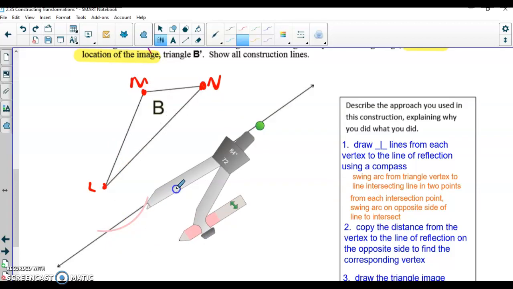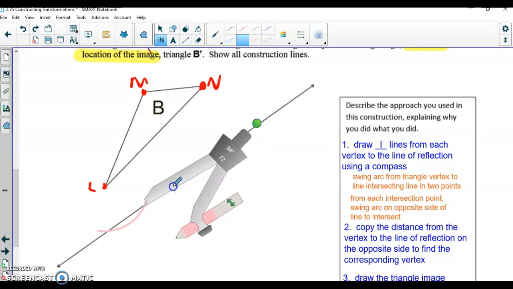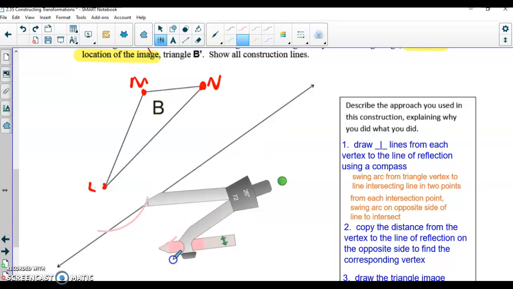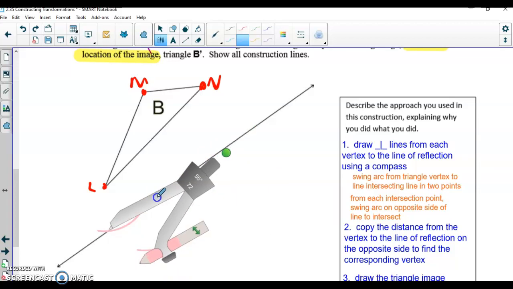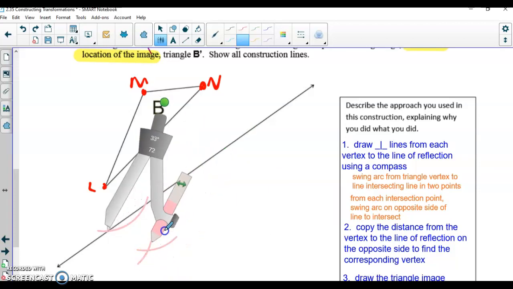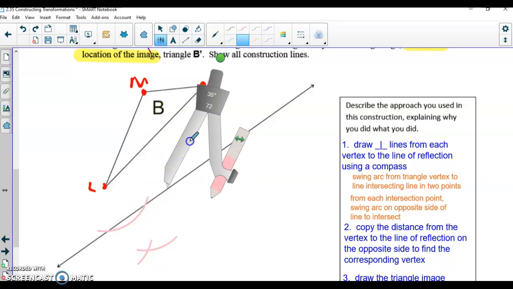I'm going to go from the point where that intersects my triangle with the pointer, swing your arc, go from where that arc intersects your line of reflection in the other point, swing your arc,